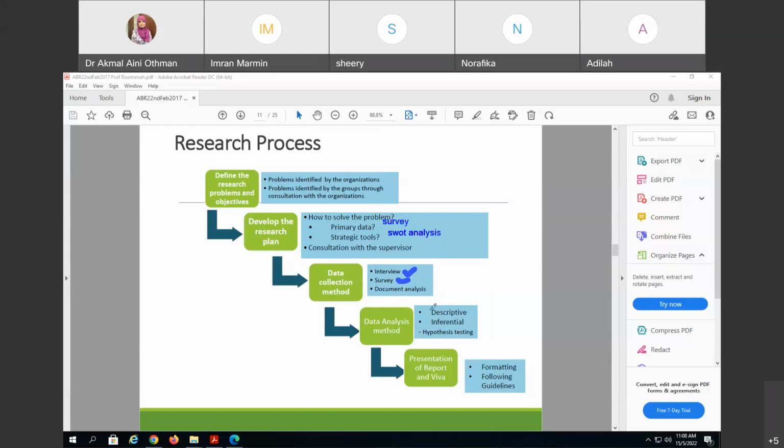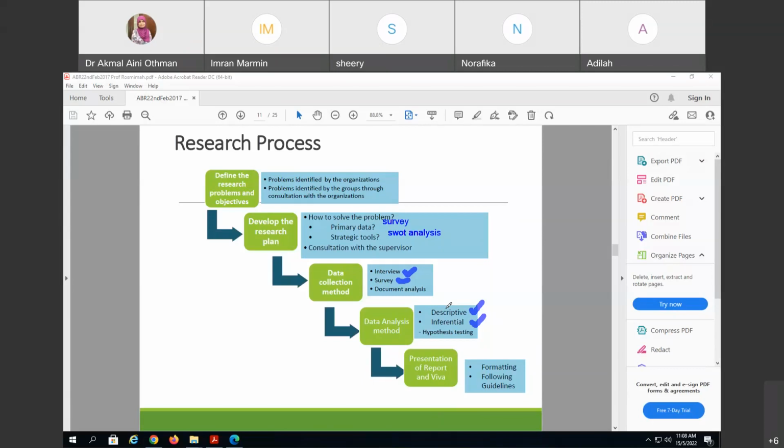And for your survey tadi, you need some statistical analysis to assist you. And that statistical analysis can involve descriptive atau inferential. Okay, don't worry if you're not familiar with this term, descriptive ataupun inferential, sebab dalam BRN nanti you akan belajar. Okay, sometimes in order for you to understand the research that you carry out, just to describe the characteristic, you selalunya akan guna descriptive analysis je lah. Contoh descriptive analysis, you tengok dari segi score mean, dari segi average score dia, dari segi frequency, percentage,